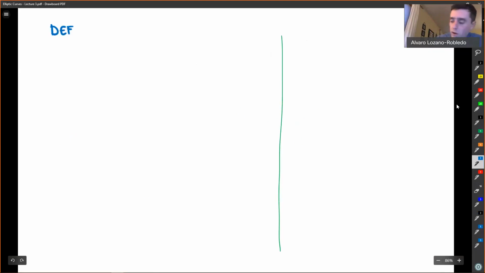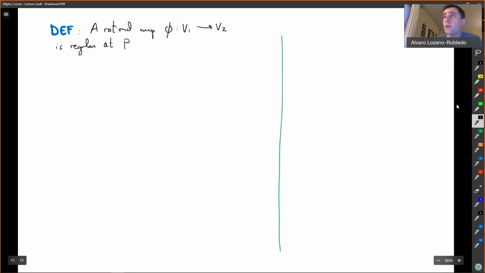Okay, so definition, a rational map, like before, is regular at P in V1 if there is some function g such that,